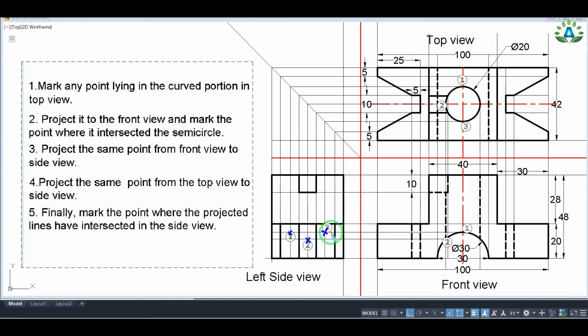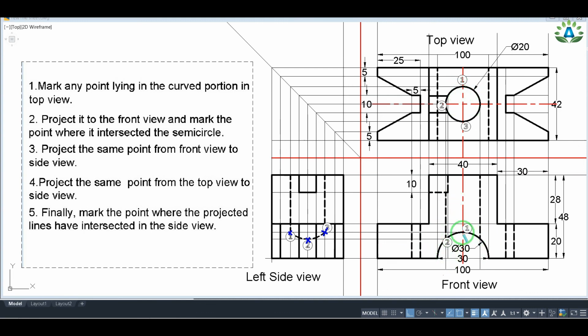You can join these 3 points by the help of the French curve, or if you do not have a French curve, you can join these 3 points manually. So it will take the shape of the arc, and above it we need the hidden lines because we will be able to see the hidden lines coming from this circular portion. So we need to convert this into a hidden line. So we will be able to see this kind of hidden lines due to the intersection of this circular hole and this semicircular portion.